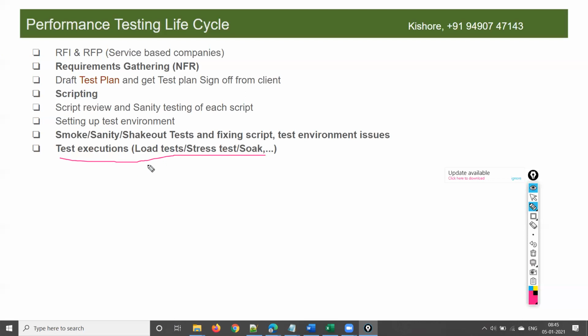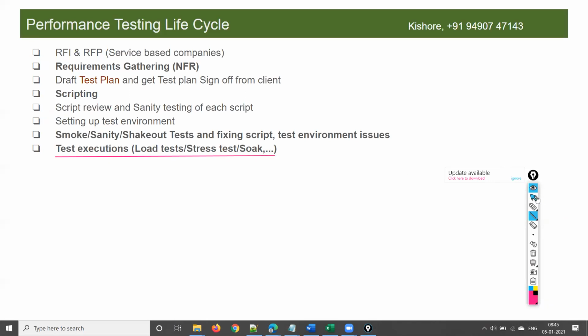Whatever is required for that application. Remember that not all applications require all the different types of tests. Based on the application, you decide what test it requires.